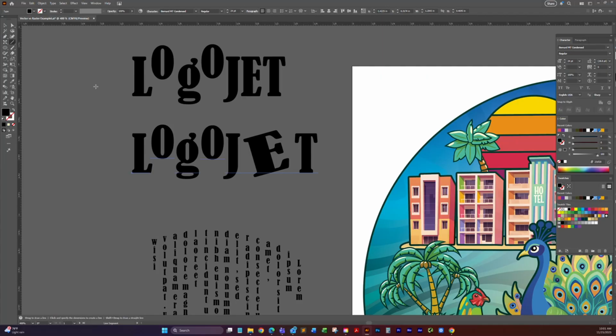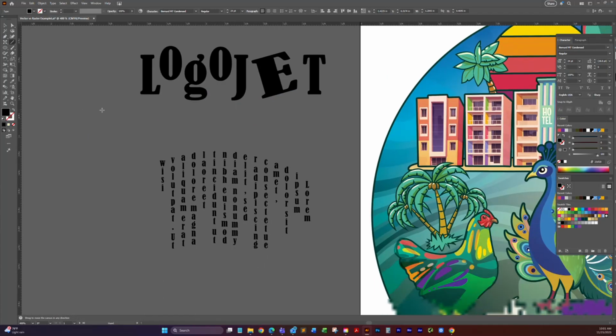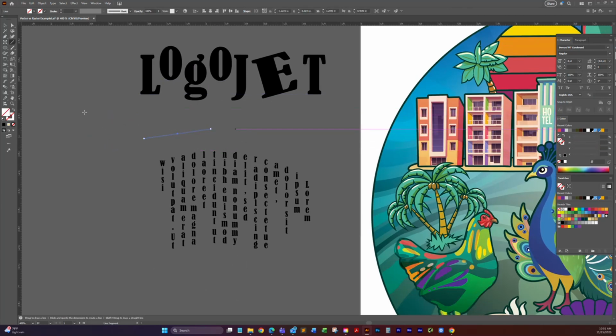Now, the line segment tool is exactly like it sounds. It's just drawing a line, and it is a little limiting. You can also draw these lines with the pen tool, but when you draw a line, you can see it doesn't give it a fill or a stroke. I know I'll cover this a little bit later, but I'm going to give it a stroke just so we can see it. And it just drew a line. So you might get some use out of it,